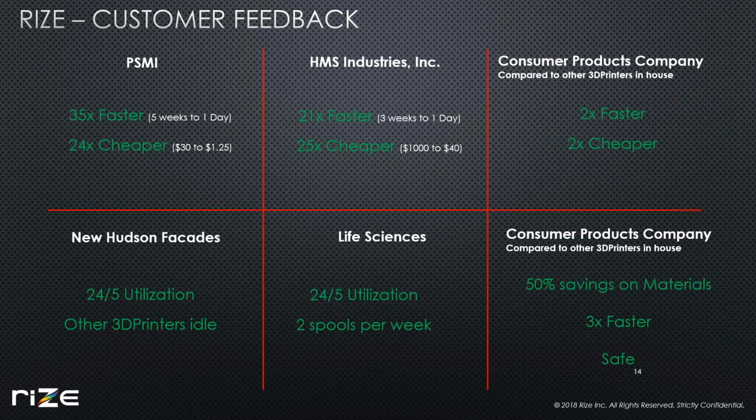Net, here's what it means to PSMI: 35x faster and 24x cheaper to print in Rize. HMS tells us 21x faster and 25x cheaper. This is compared to the old processes. A consumer products company that has another 3D printer in-house tells us they are doing it 2x faster and 2x cheaper with Rize. New Hits and Facades, 24/7